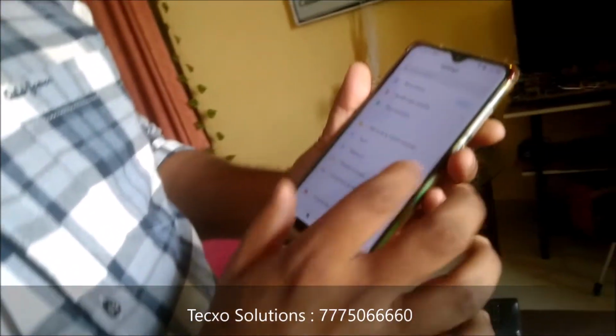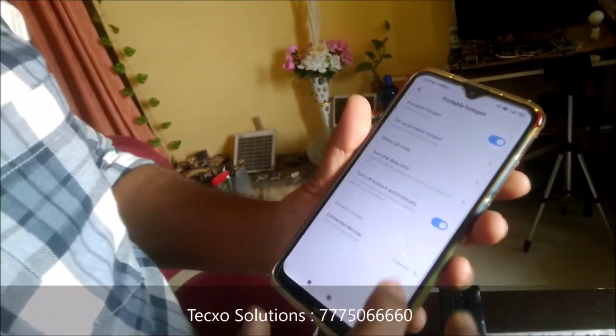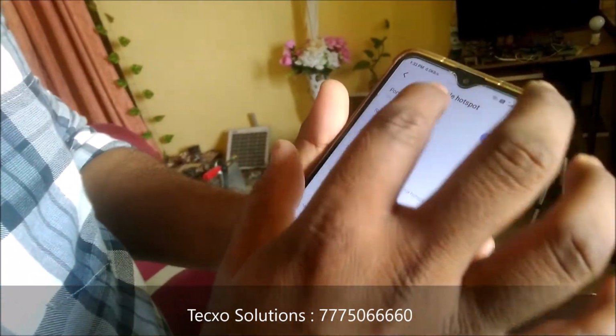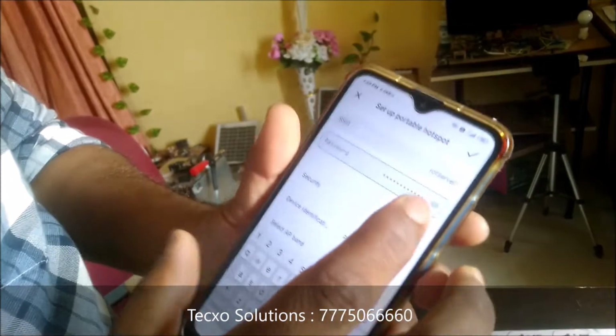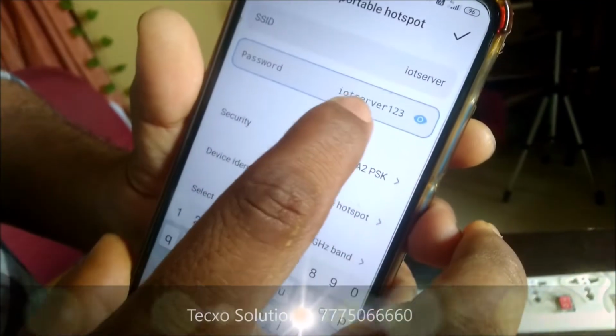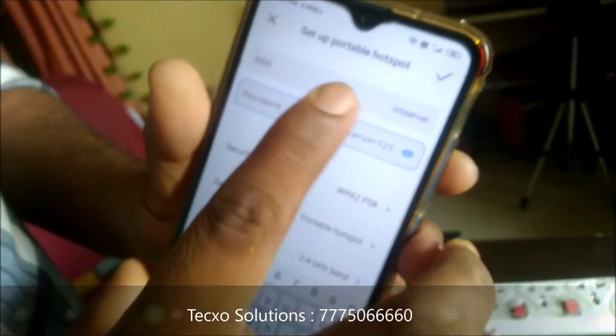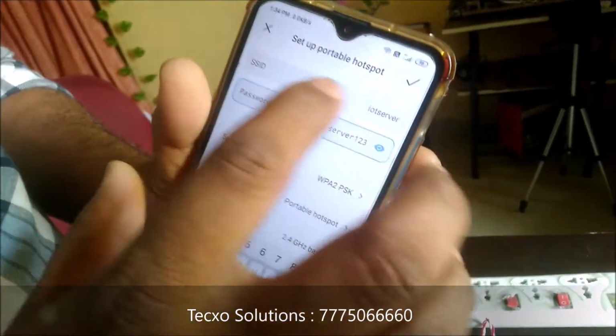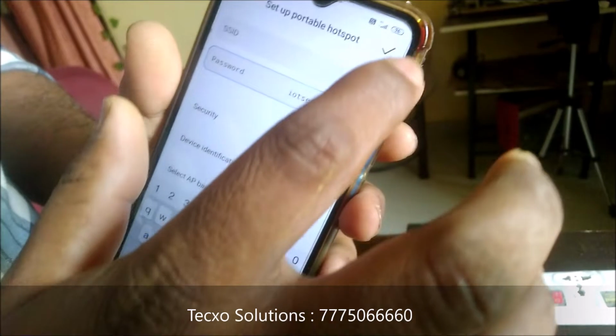So let's see actually how this project works. First of all, you have to create the hotspot in your mobile. Go to the settings, go to the hotspot, and in that you have to just insert a username, IoT server, and the password is IoT server 123. So you can set this name. Okay. After that,